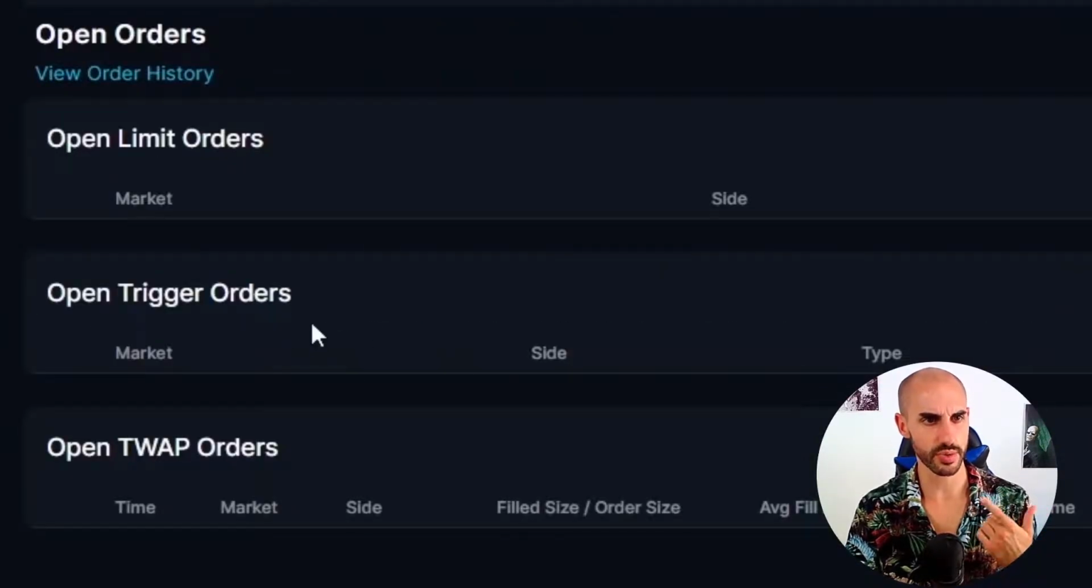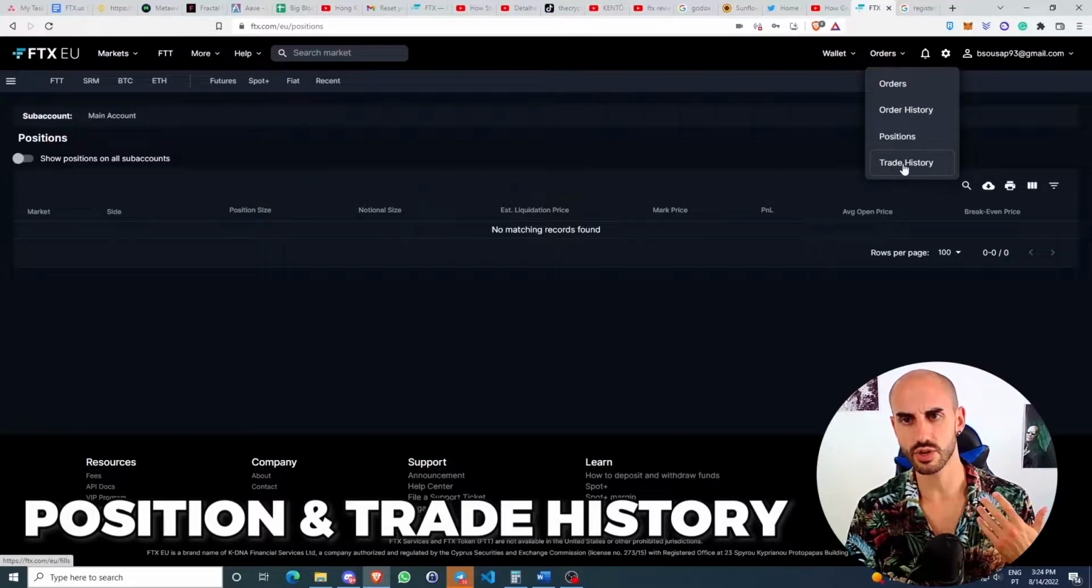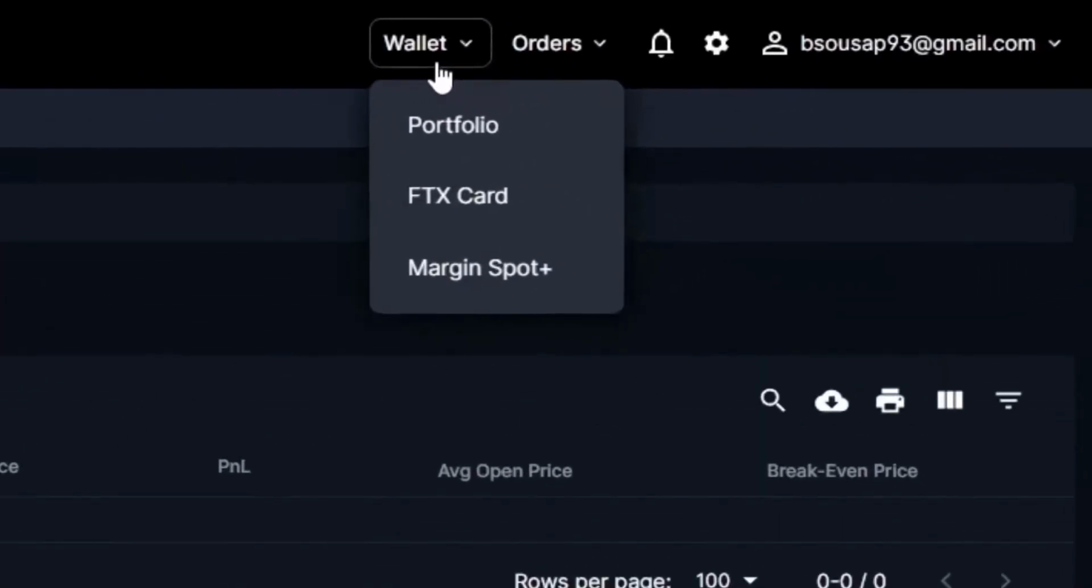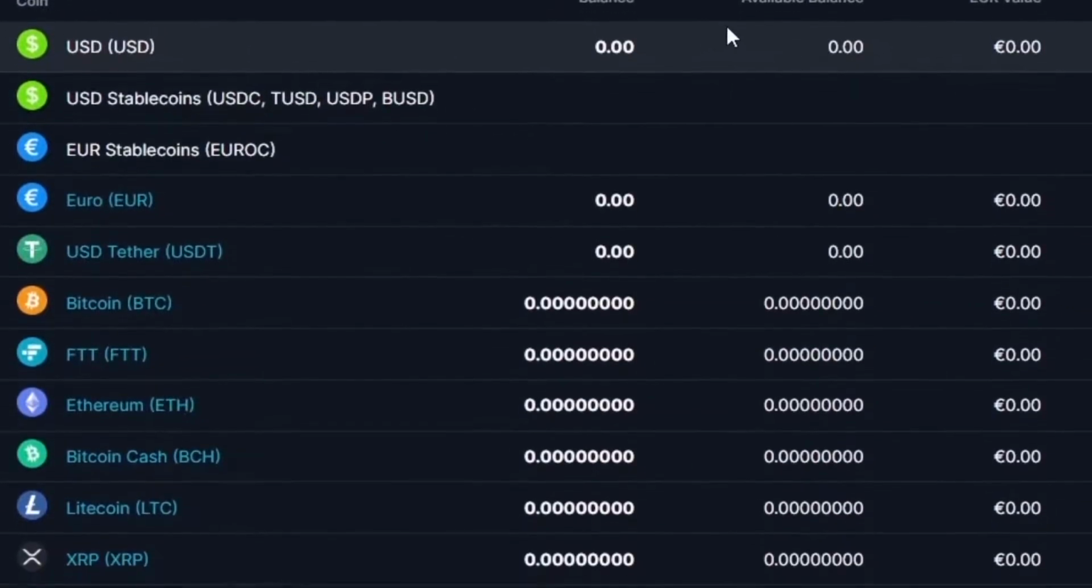Open limit orders, open trigger orders, open TWAP orders. You can also see all your positions right here and all your trade history. Then if you actually come to your wallet, you can access your portfolio and you can see every cryptocurrency that